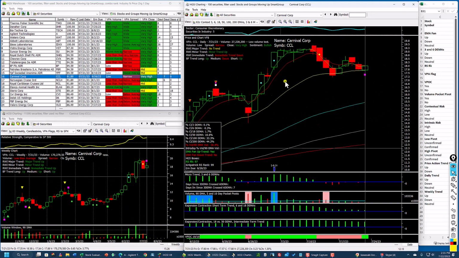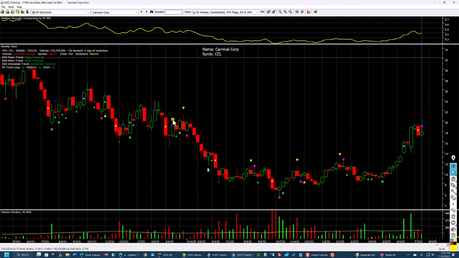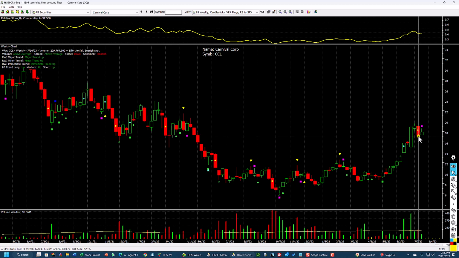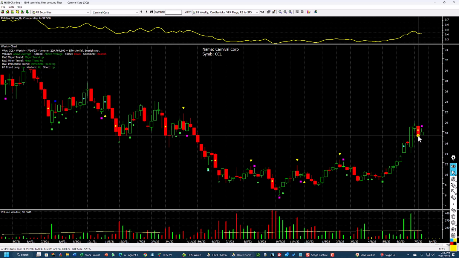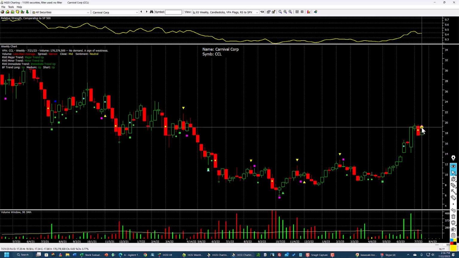Let's do some more analysis here. Look at the trend on the weekly chart. You can see there's more than 3 higher highs here. This is the first lower low right here because it took out the low of the prior week, and it's holding here. Now, this is no demand, a sign of weakness, and that's appearing because look at the low volume here. So it's going to need some volume to